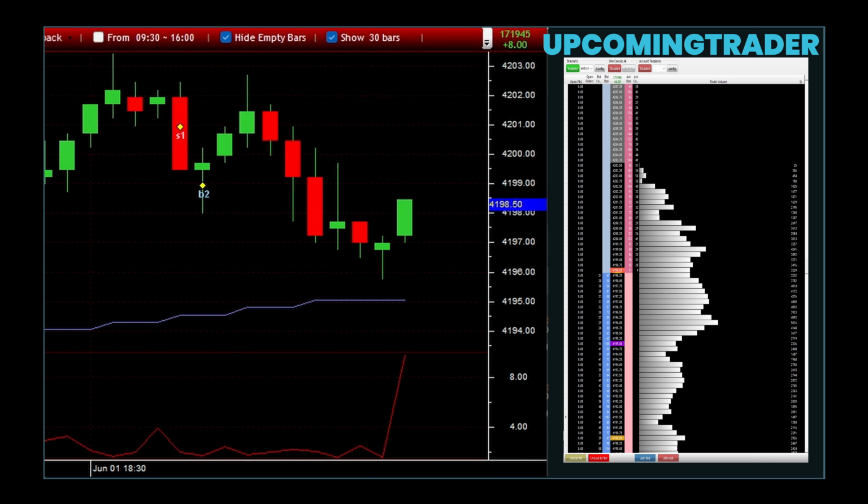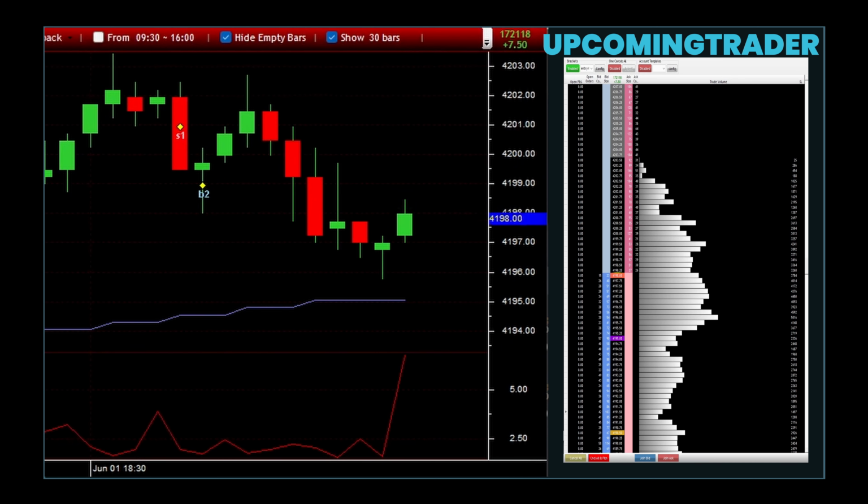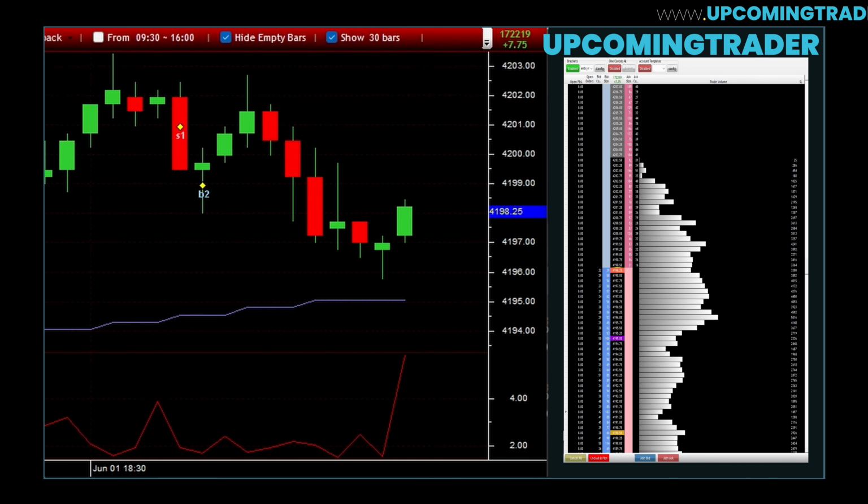Spotting these patterns early can give you a significant trading edge, allowing you to position yourself before the market makes its next move. The key is to stay vigilant and look for the specific shapes and formations we've discussed, whether it's a flag, pennant, triangle, or head and shoulders pattern. Recognizing these patterns as they develop on a chart can help you anticipate market movements and plan your trades with